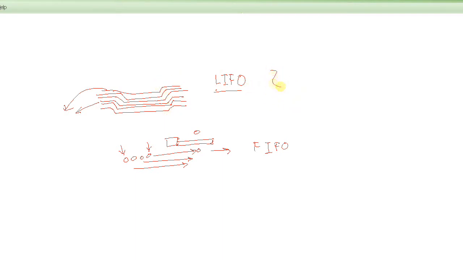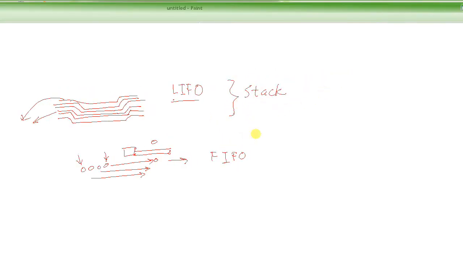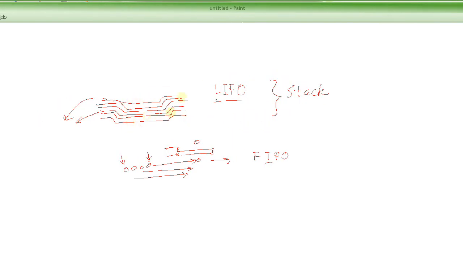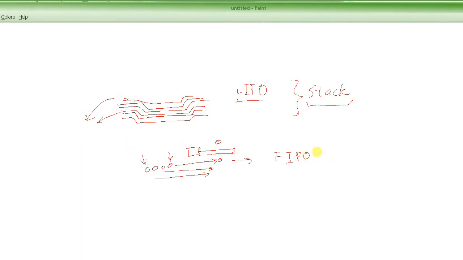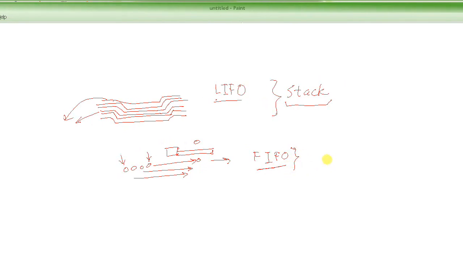And this, the best way to represent this is called a stack. As you know, in natural language, you would call it a stack of plates. That's where it comes from, obviously. So a stack means that it's represented by the data structure stack. Anything that follows this rule, you can represent the same way as this ordering of the plates, the way the plates go in and the way the plates come out. And the data structure that actually implements the FIFO principle is basically a queue,